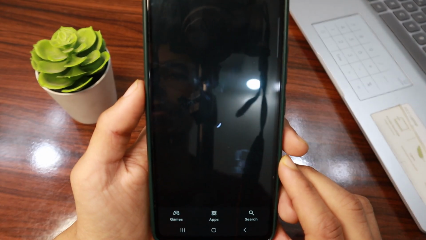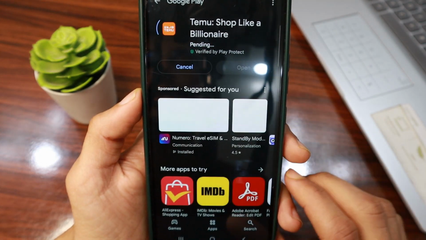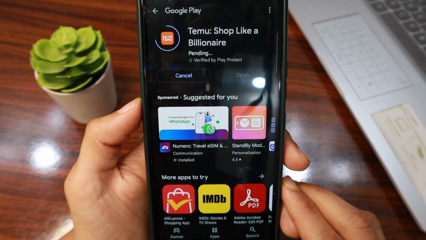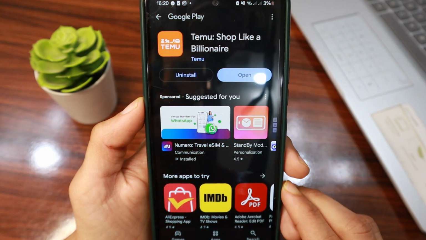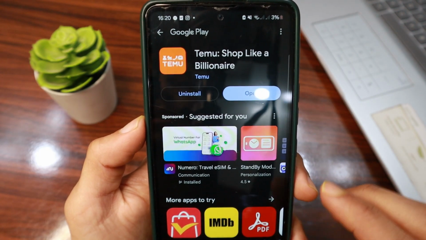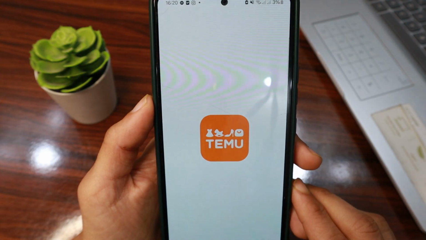Then tap download Temu and then tap install, and now wait until it finishes installing Temu. Perfect. Now after installing Temu, tap open,